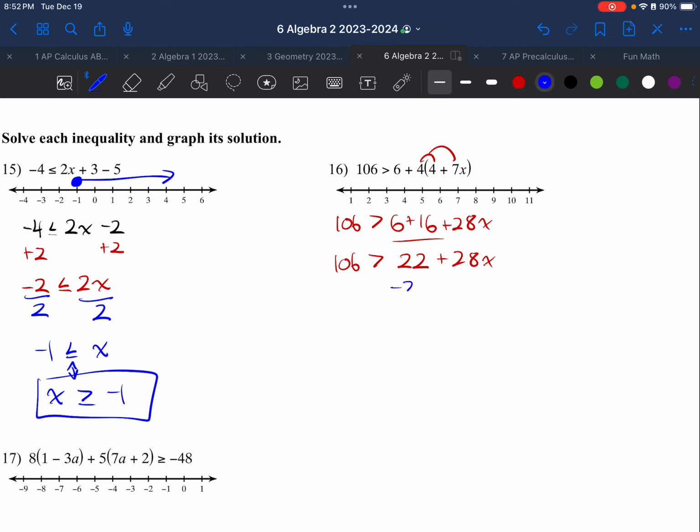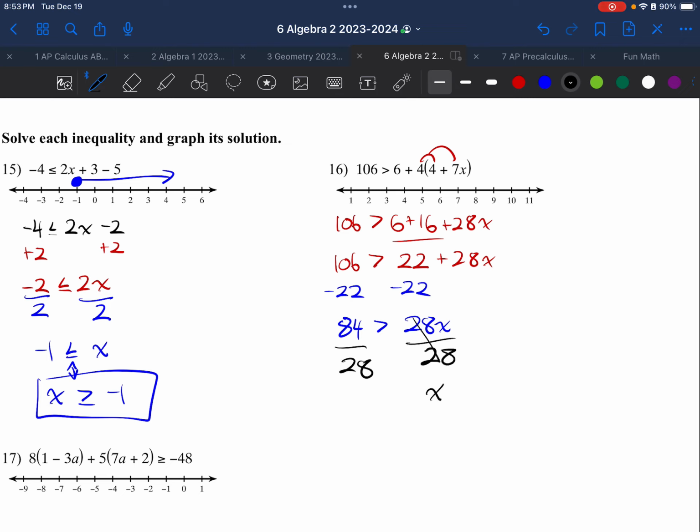And then from here, I'm going to subtract 22, getting this variable 28x on the left by itself. So I have this greater than or equal to symbol. And I'm going to have, what is this going to be? Minus 22. If I add 8 to this, it's 114, so it's 84, is that right? 84, yeah. So 84, and then from there, I'm going to divide everything by 28, divide by 28, divide by 28, and